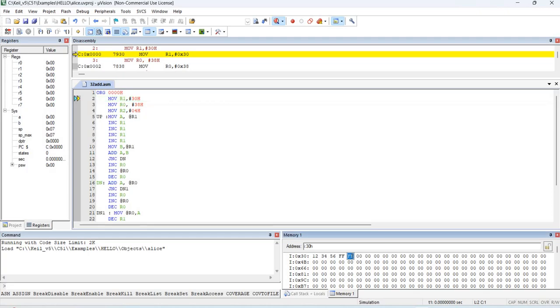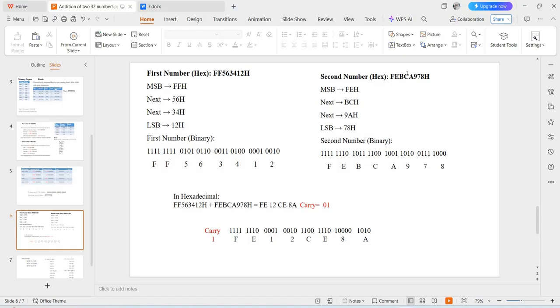So here you have to add the least significant byte, that is 78. Then comes 9A. Then comes BC. After that FE. So the second number is what? It is FE, BC, 9A, 78. Here it is not 78, it is 9A. And 78.